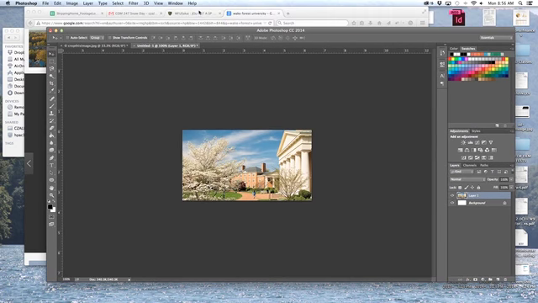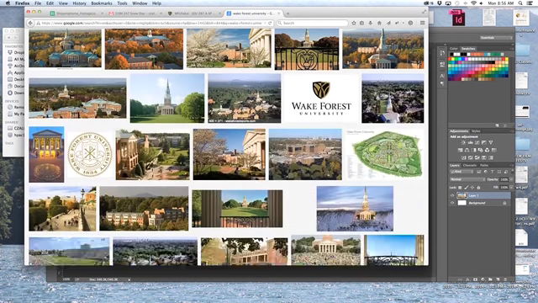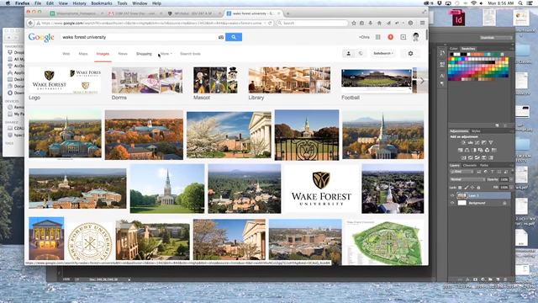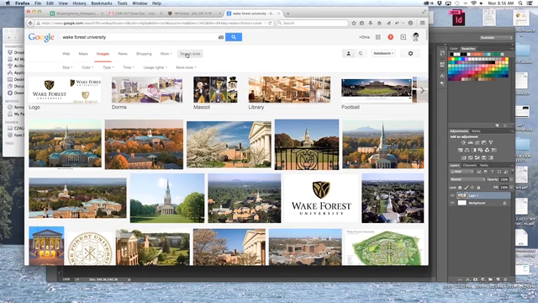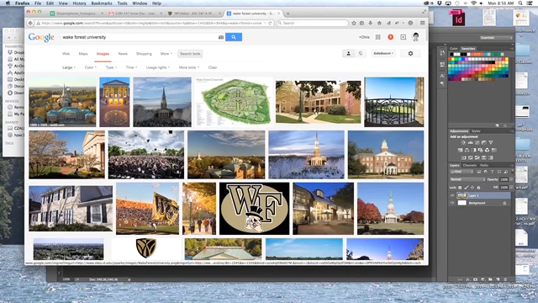So when you're in Google Image Search and you're looking for an image, the first thing I would recommend you doing is going up to Search Tools, Size, and making sure that you're looking for images that are only large, okay? So when I click this, it's going to filter the search,